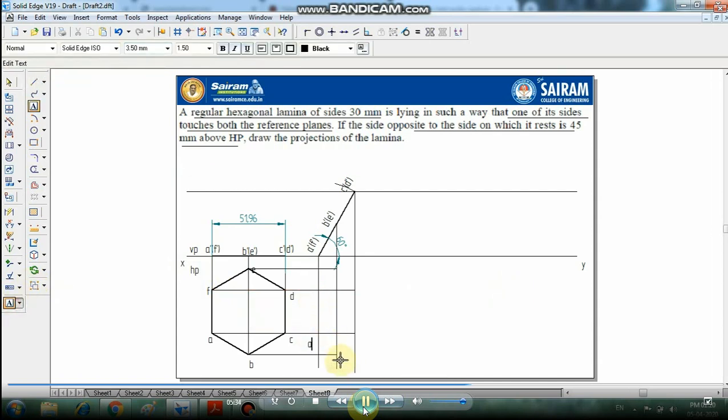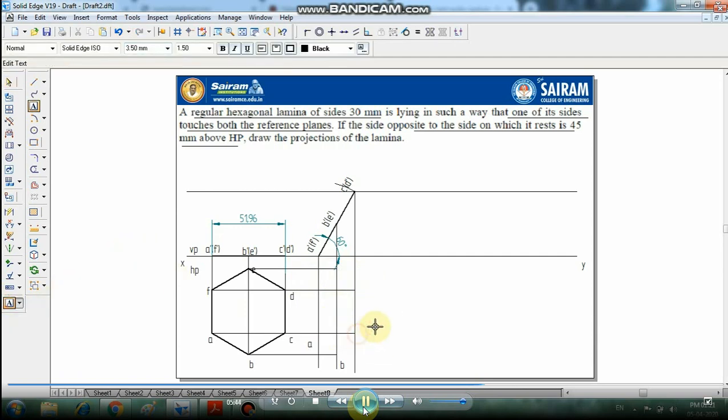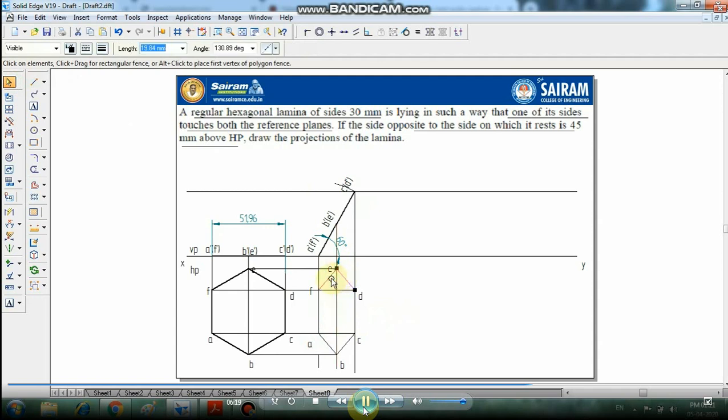Text A, B, C, D where the intersections are; we have to draw intersections of C, D, E and F. Select the line command, and now we have to join A, B, C, D: A to B, B to C, C to D, D to E. Select the end points or intersection points, and we can get it.